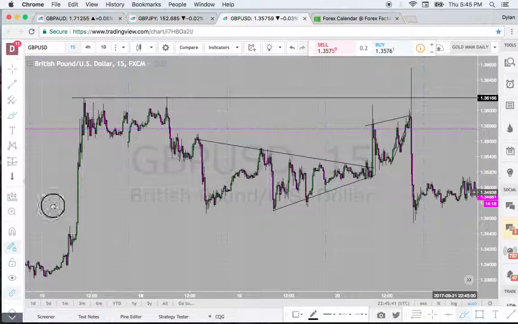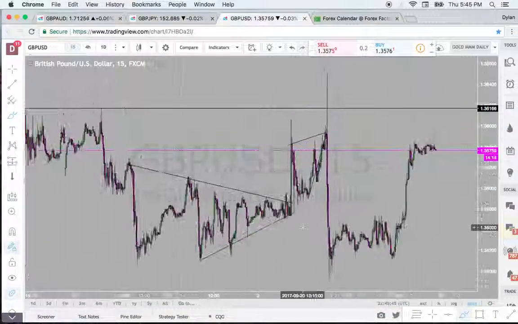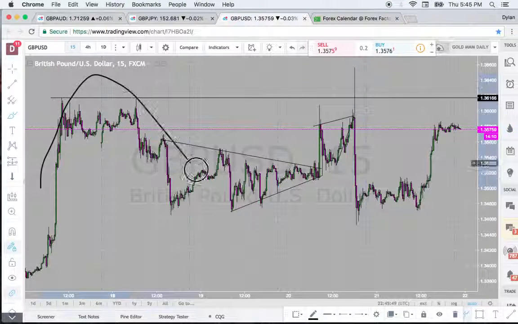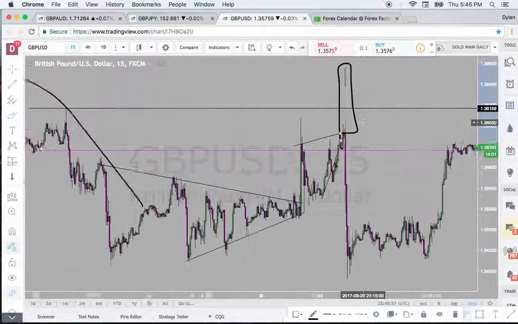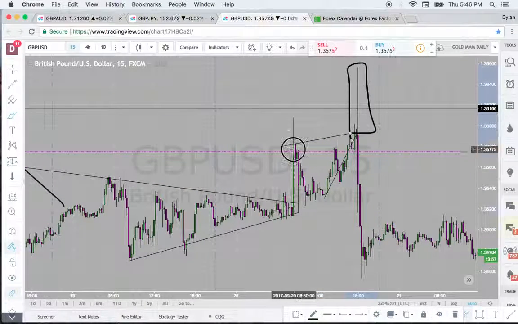What? The stop hunt for the first leg was induced by a breakout of this wedge. So you can see this wedge here,